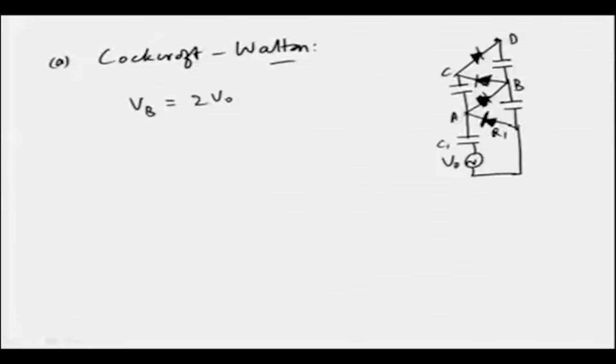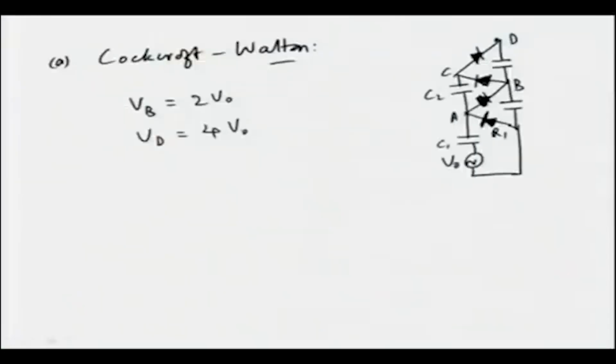Okay. This is directly transferred to C, 2 V 0, and the other capacitors C 1 and C 2 will give an oscillating voltage of 2 V 0 there. So, the peak will be 4 V 0, and this is directed to point D through the rectifier connecting C and D, and V D will have a DC voltage of 4 V 0, and then if you continue this